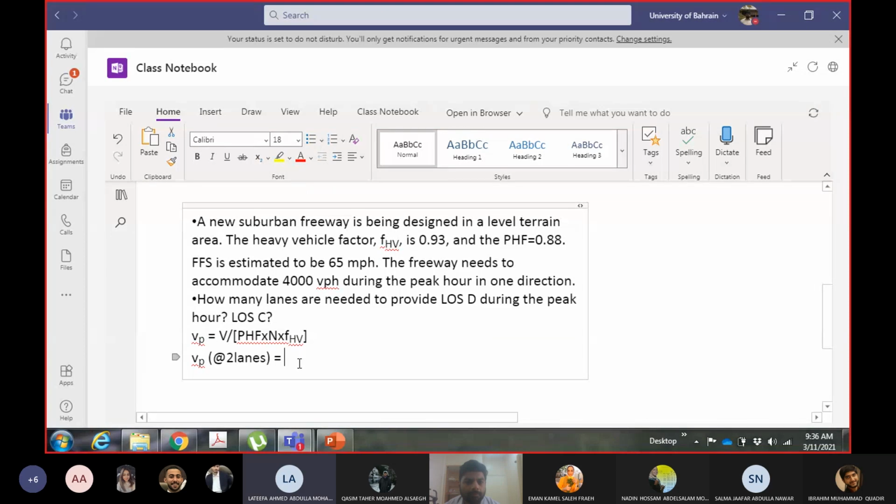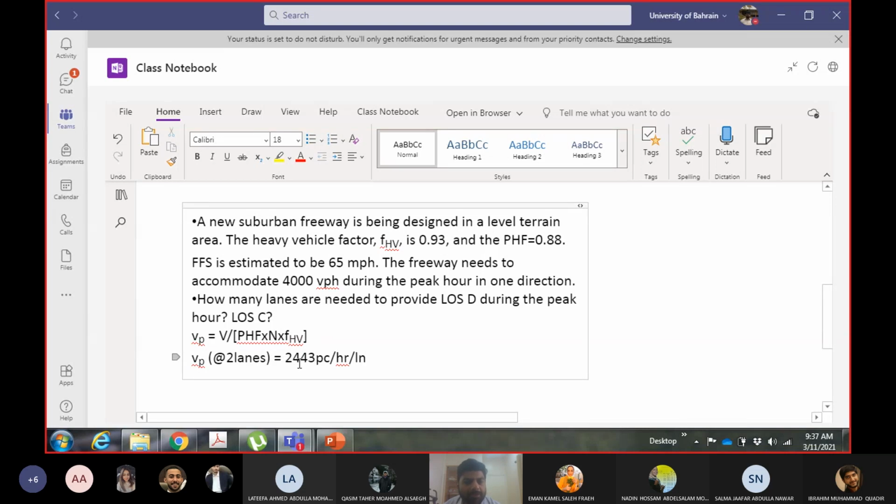2443 passenger cars per hour per lane. Now 2443 is a very high value. If you look at the capacity equations, the maximum capacity you can get is 2400. I showed you a table in the last topic where the capacity of different facilities was given. For the freeway, the maximum capacity was 2400. Now you are getting a value of 2443.